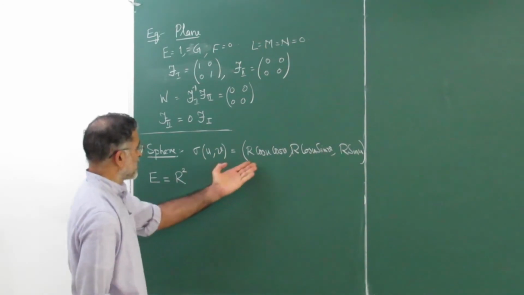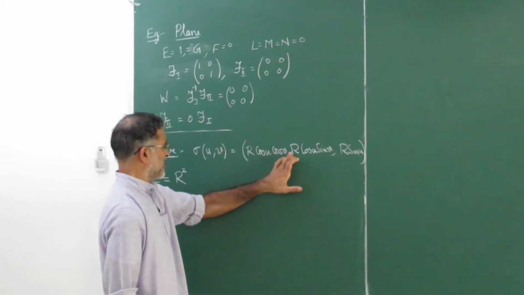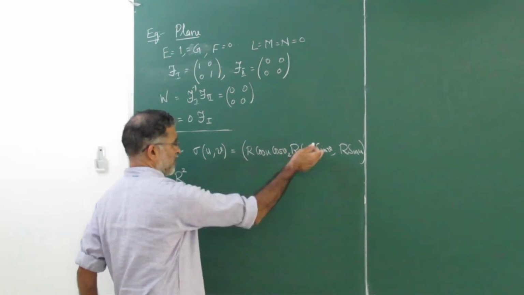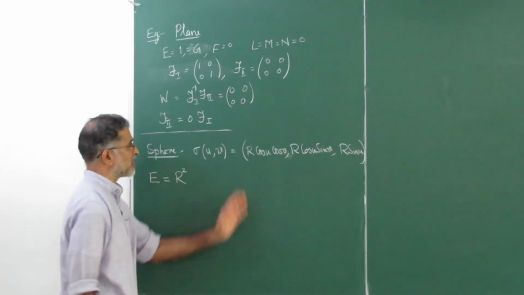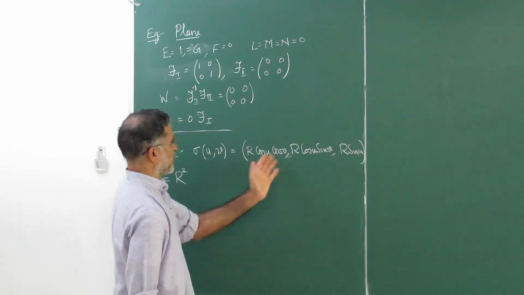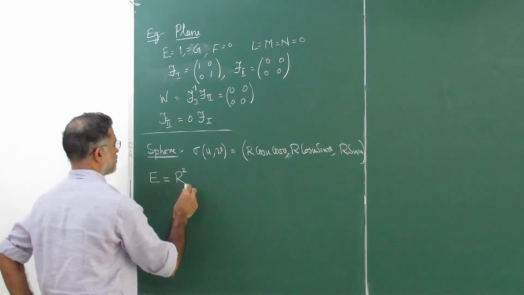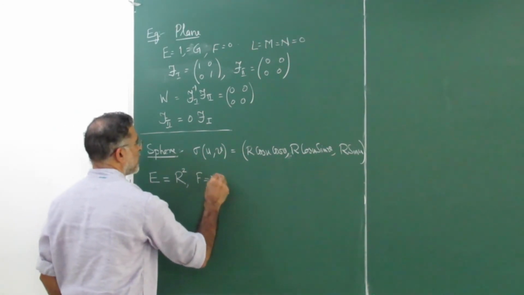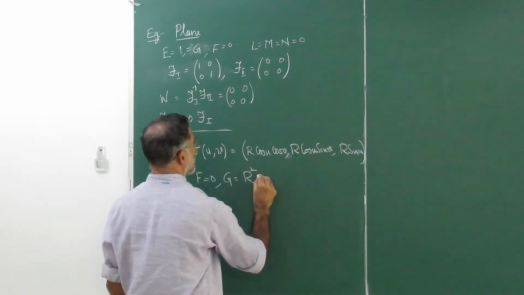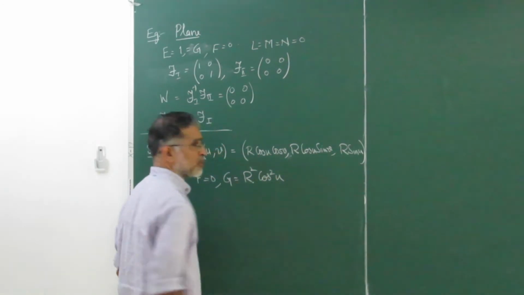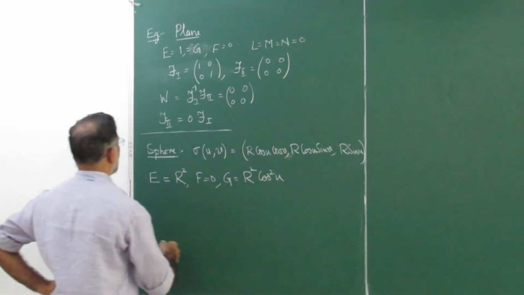You are going to get sigma u is, I mean, again and again writing, I think this itself we have done. Now if you like, you can even shift the origin. That gives you any general sphere, with center A1, A2, A3. That also you can do. But that doesn't affect E, F, G. F is going to be 0 and G is also r square cos square u. So this is what you're going to get.